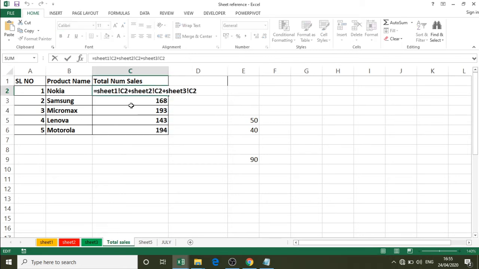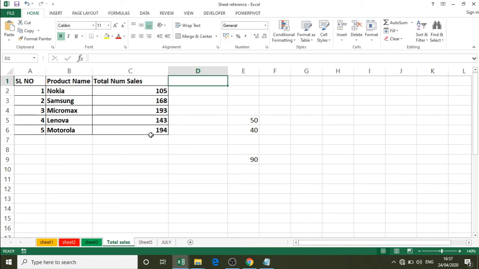The cell reference will change as usual, as in a regular fill series. So it is referring to Sheet1 cell C4 and here it is referring to Sheet1 cell address C5. So that is how this sheet reference will work.